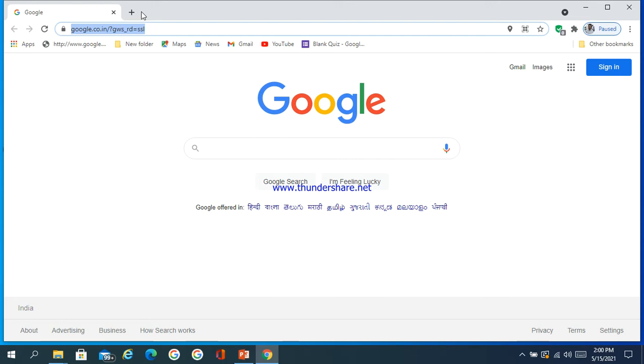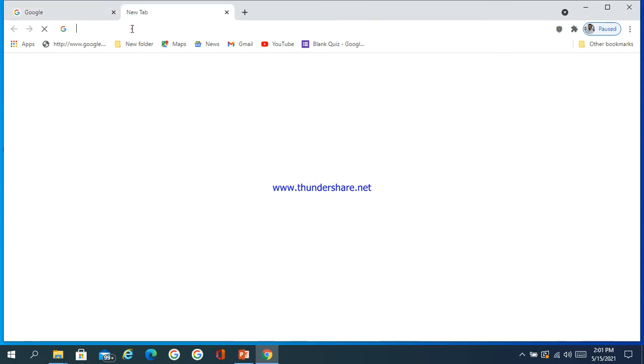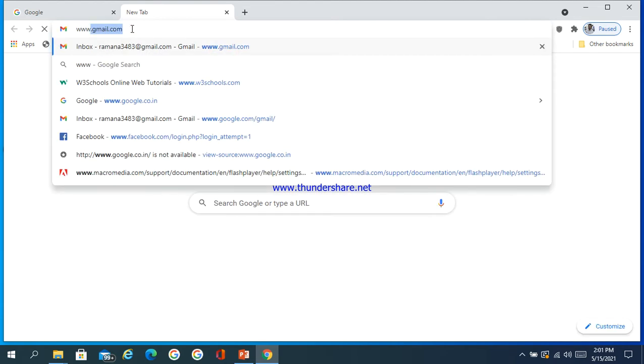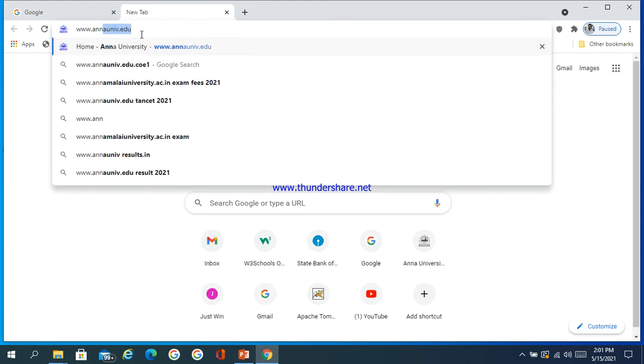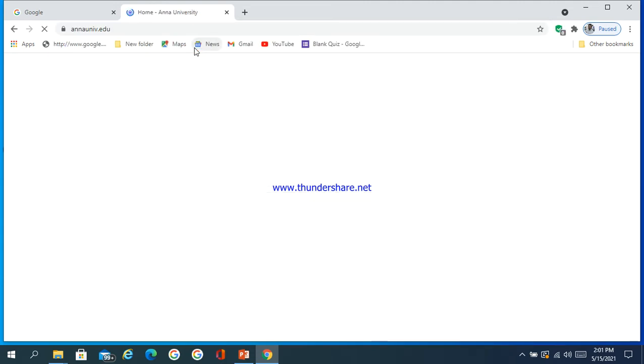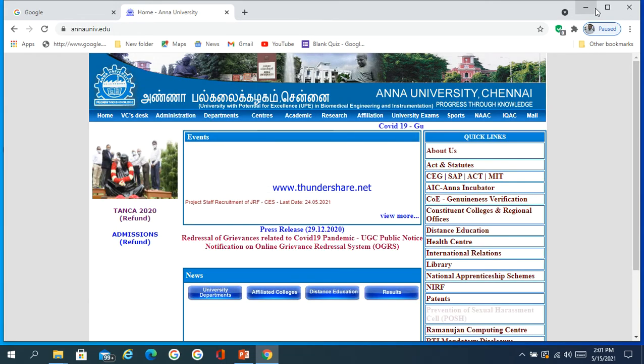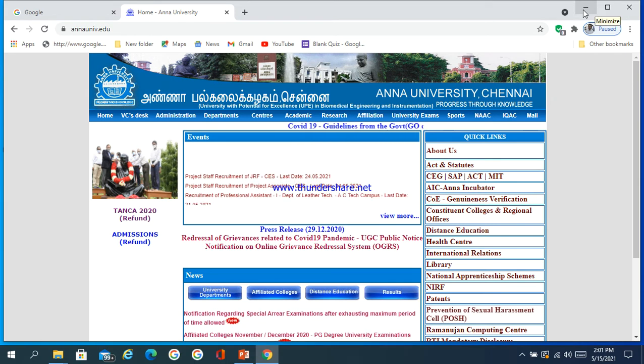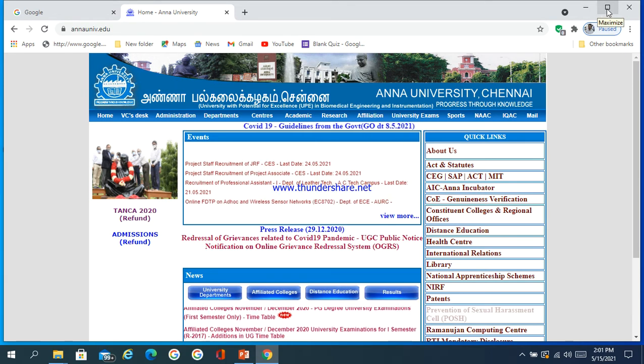In Google Chrome I can open a web address, that is google.com, or otherwise I can open www.nainu.edu. Here you see on the right side the minimize button, maximize button, and close window button.